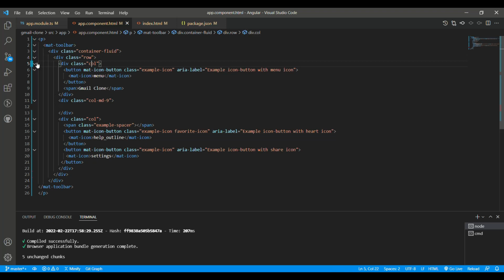In the first column I have the menu part and the title part. In the second column, we are going to have the search box. And the third column will have the settings and the help icon, like how it will look in